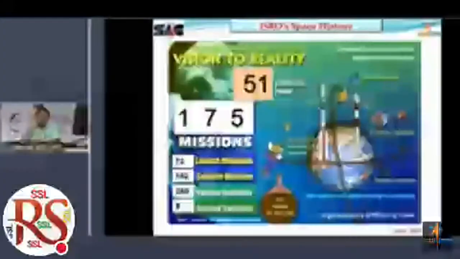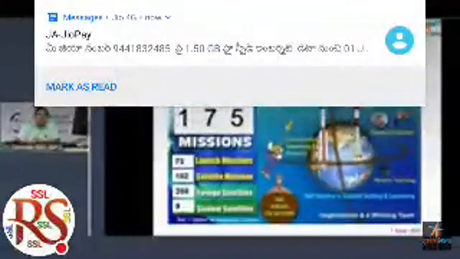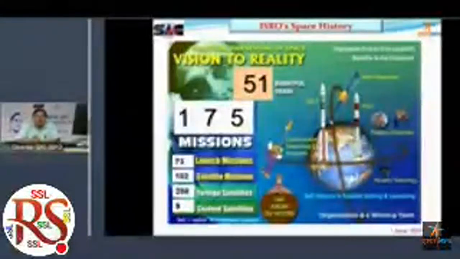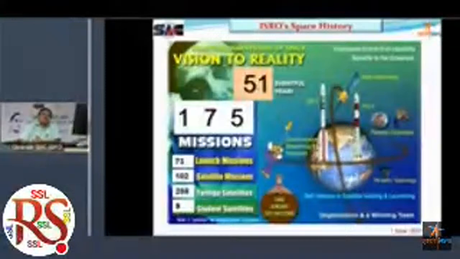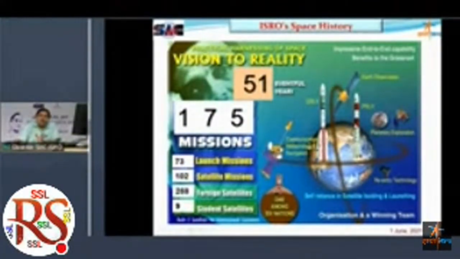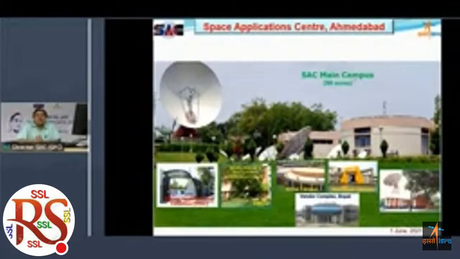So till now we have completed 175 mission years, and these launchers, ESLV, GSLV, and various types of satellites, whether geostationary satellites or remote sensing, polar orbiting satellites. So all these are the workhorses of ISRO's space program. And our satellite communication and navigation will also be utilizing these launchers for Vikram Sarabhai, from where he started all